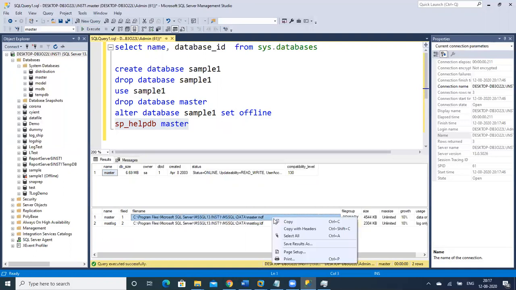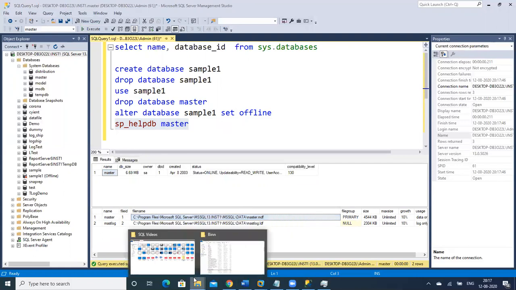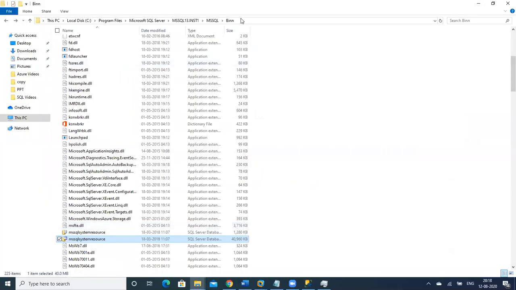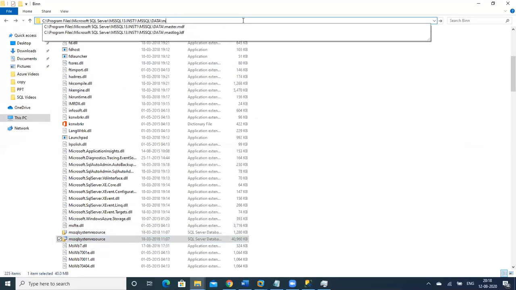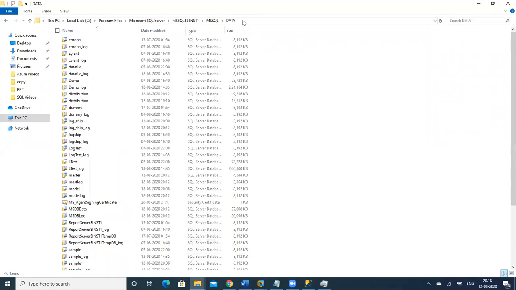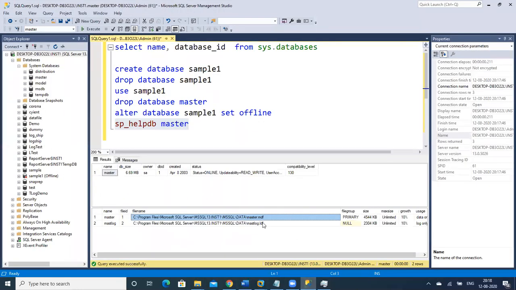If I copy and go to this location, it will be the same. I have just shown you now. And this is the LDF log file information with respect to master storage information. MSDB